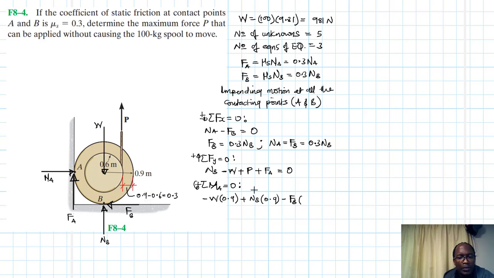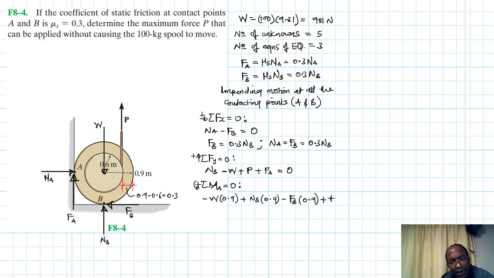Okay, there we go. So FB is FB, this distance here, which is equal to 0.6, up to that point there. So this is 0.9. Okay, and then we have